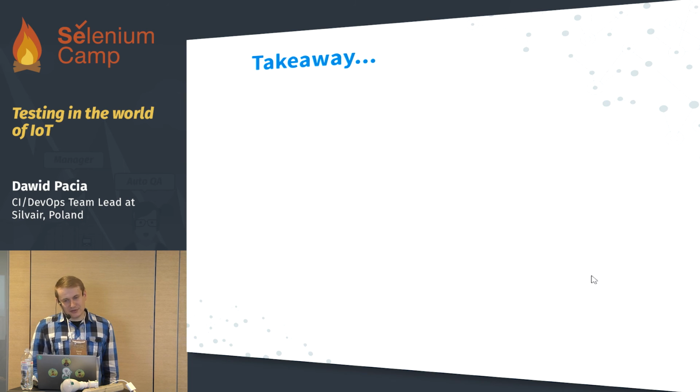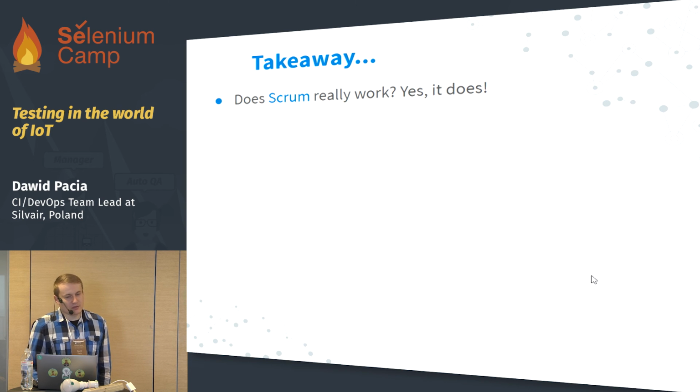I suppose all the technical stuff was quite hard, so to give you some takeaways from this presentation, I have some points to present. So does Scrum really work? No, not always, but in our case, it was working. So I suggest, for example, now the company is working, let's say in Scrum, but it's pseudo Scrum. Four teams are working in Scrum, two in Kanban. But most of them, if there was a problem, just tried to introduce Scrum, and then, ta-da, it was working,